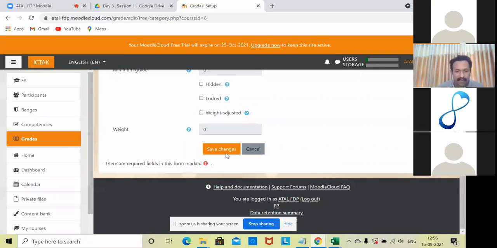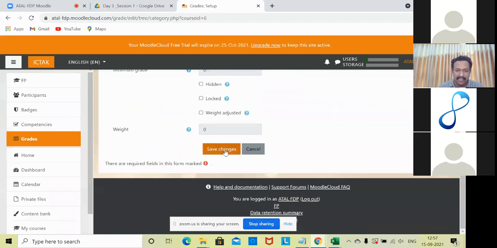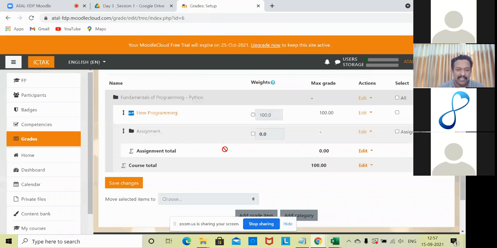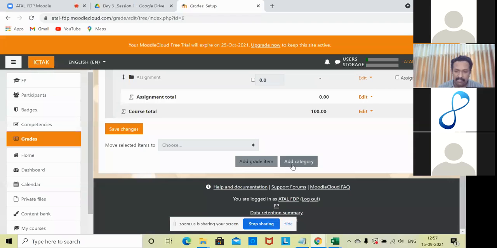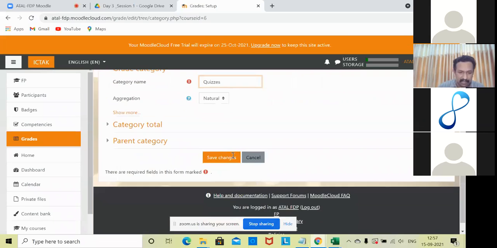Then we are going to create a category of 100 marks itself. As of now, assignment is a category for us. All the assignments you are planning for this semester can be mapped to this. We are going to add another category called quizzes. The parent category is not there; it is again an independent category.